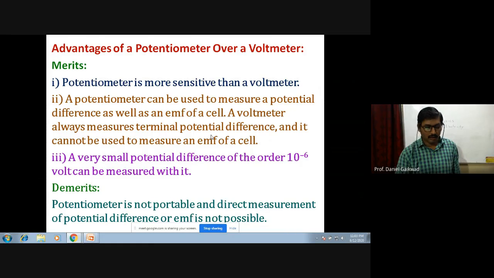So the question may be asked in the examination: explain the advantages or disadvantages of potentiometer over voltmeter. A 2 marks question will be asked in the examination. Now check carefully the next